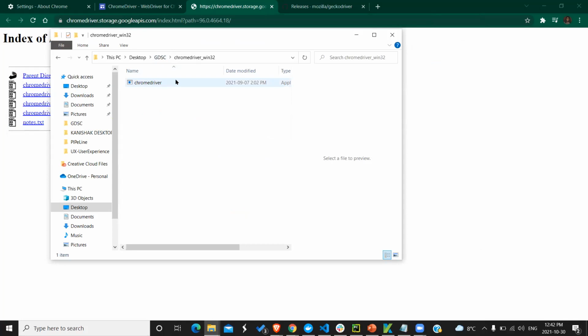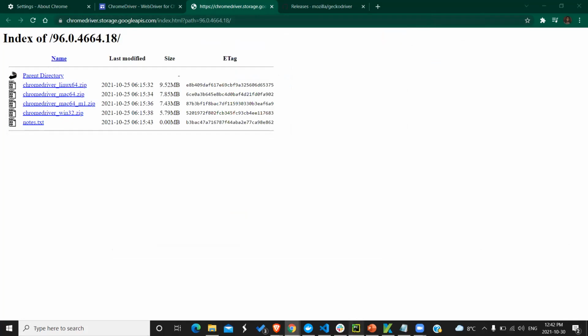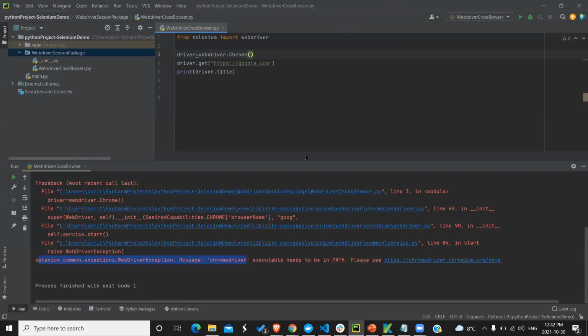All you need to do is get this path, copy it from here, and go to your PyCharm.